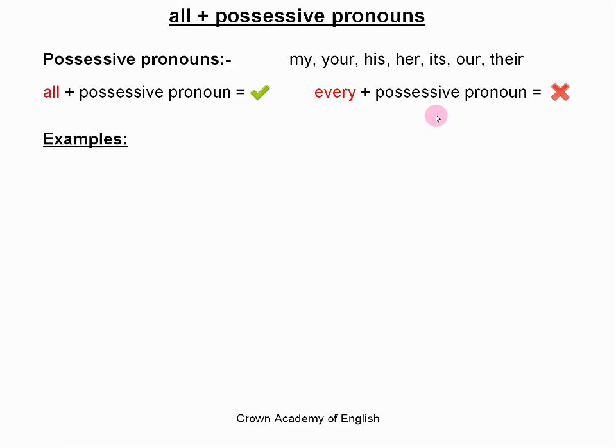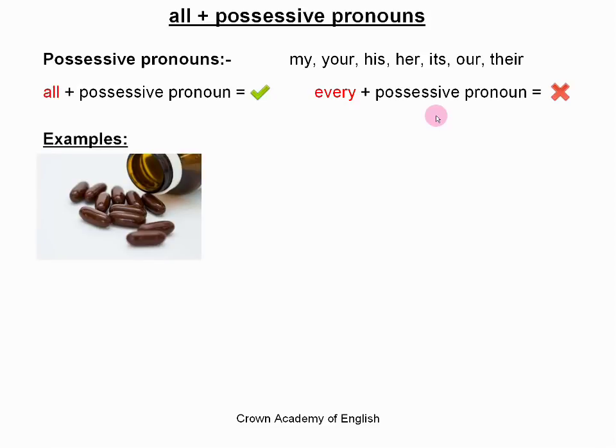Example. So here we can see there are some tablets, some medication. Okay, so the tablets are brown in color. And if we want to use the word your, if we want to say that they are your tablets,